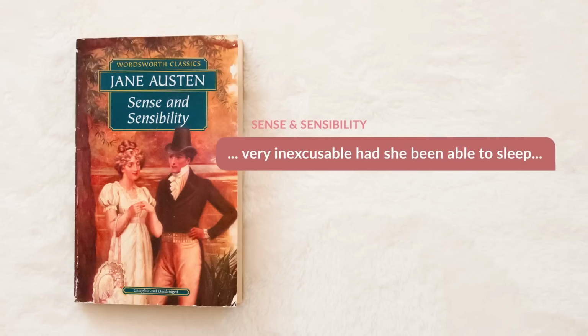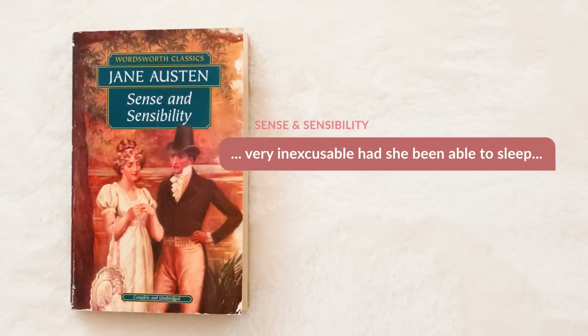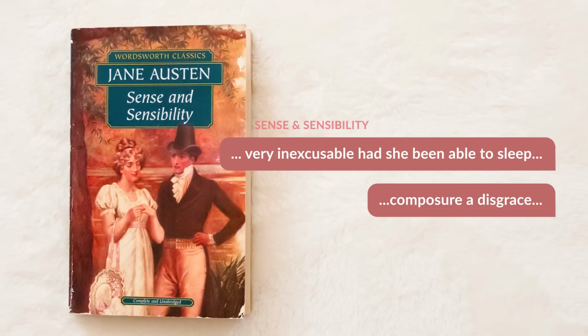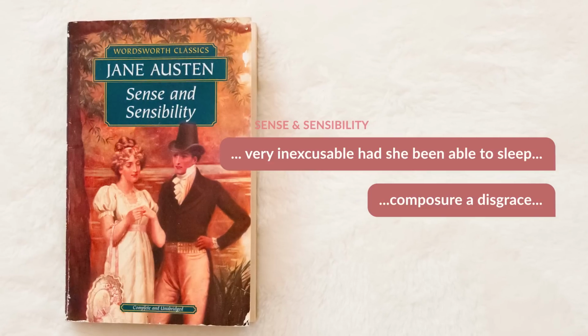So here we see Marianne, instead of just reacting from a very natural place of, if I sleep, I sleep, if I don't, whatever happens, she's thinking, I can't sleep because I have so many emotions, or I'm supposed to be having so many emotions. If I don't have this level of emotion, how can I face people tomorrow? And the book repeatedly talks about her emotions in this way. It says that it would have been very inexcusable for her to be emotionally calm enough to sleep, and that she considered possible composure under this situation a disgrace.